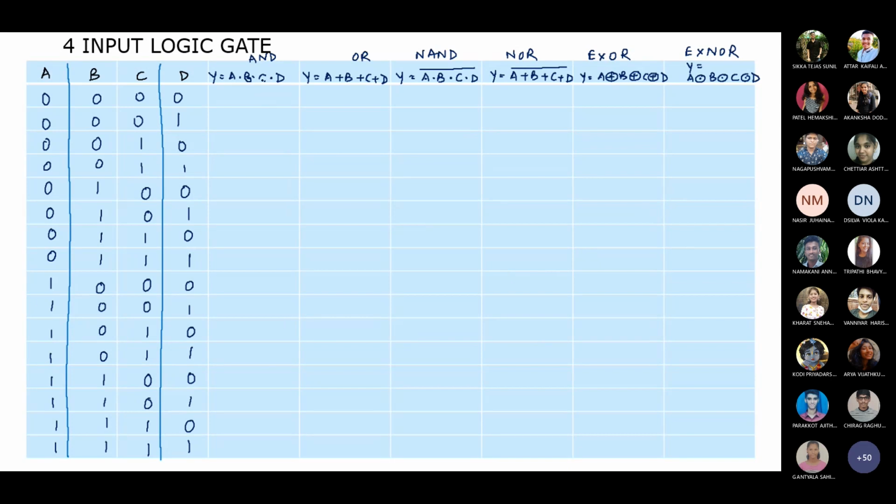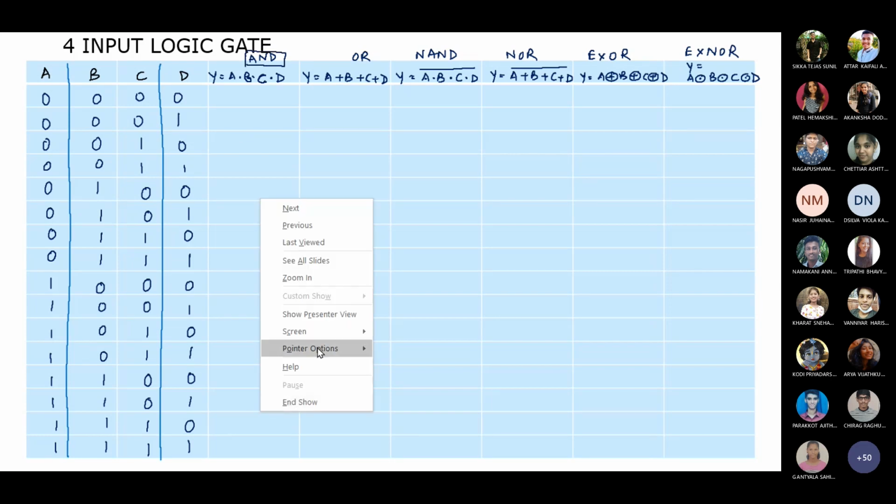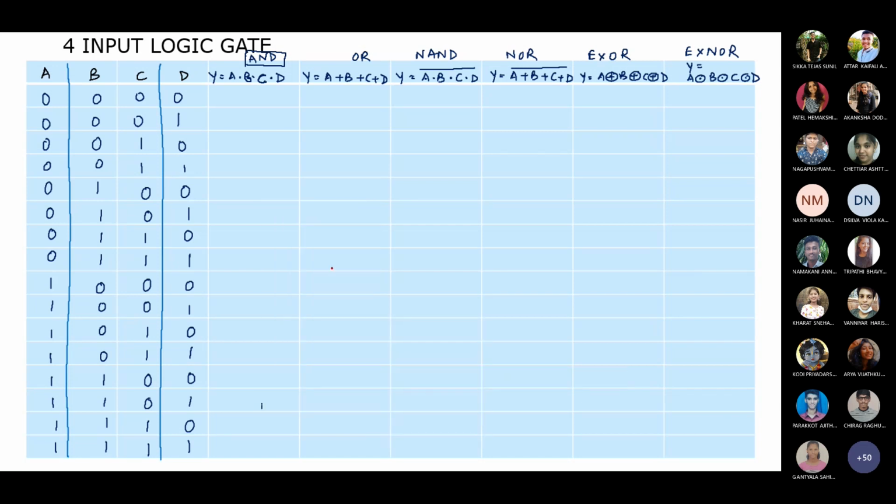So for 4 input it will be A dot B dot C dot D. तो यहाँ पे AND गेट की डेफिनेशन अप्लाई होगी. So when A and B and C and D are high, output will be high. So only for this last combination this situation is coming, that is when A and B and C and D are high, so output is high. बाकी सब कॉम्बिनेशन तुम देखोगे तो कोई ना कोई जीरो रहेगा ही, and that is the reason that the output is going to be zero.